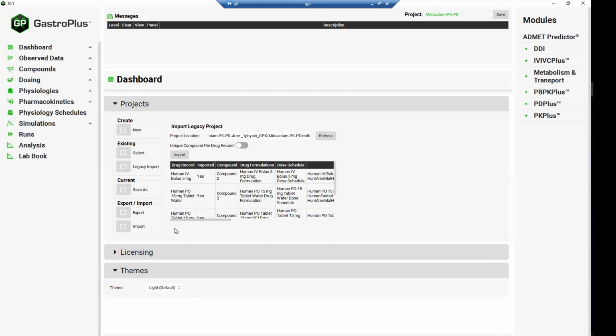Now a table has appeared, and you can see that the import was successful because you've got the project name of the database, midazolam PKPD. You can see on the left-hand side in the navigation pane that all the views are activated now. This table shows you what has been imported and that it's successful. It's not very practical to look into that, but there is something quite nice,